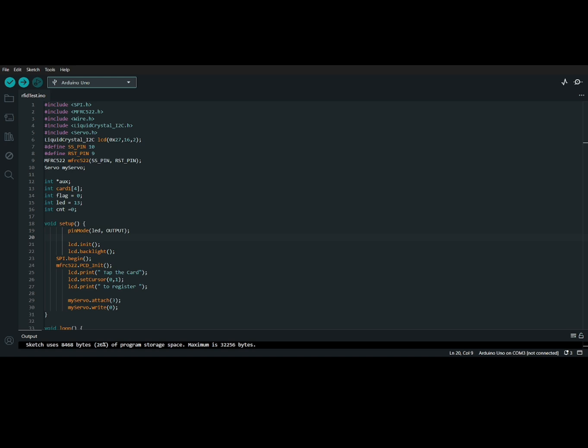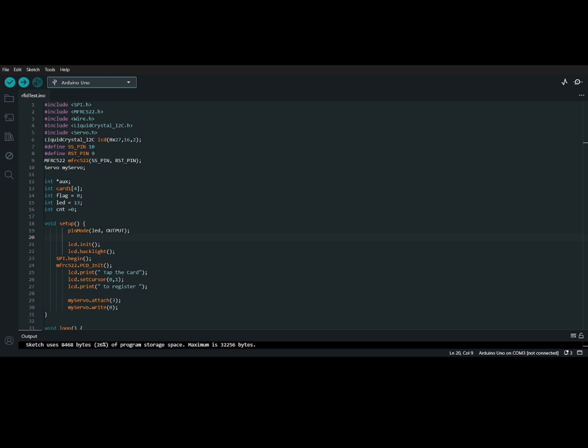Next, we have the global variables, which is LiquidCrystal_I2C lcd 0x27, 16, 2. This is to address the 0x27 at 16x2 LCD, and then we have define SS_PIN 10, and define RST_PIN 9.